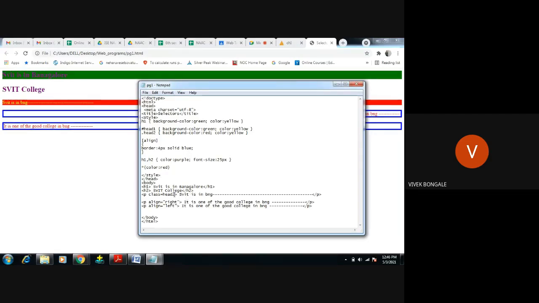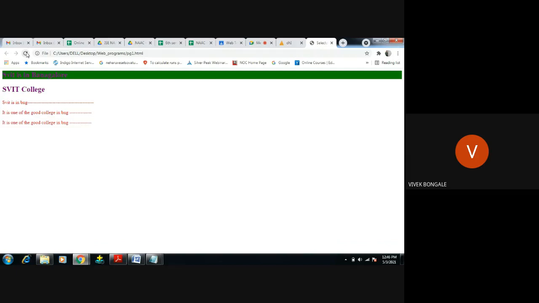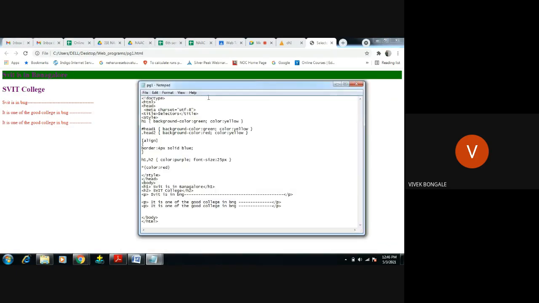Okay, what I will do, I will just remove this one. Class equal to, I will remove this. I will remove this. I will remove this. Now it should display. Control S. Except h1, that is these two, correct?